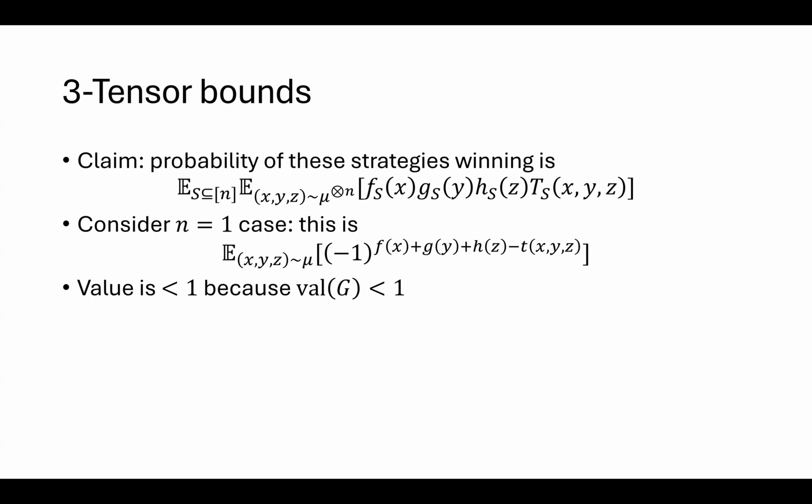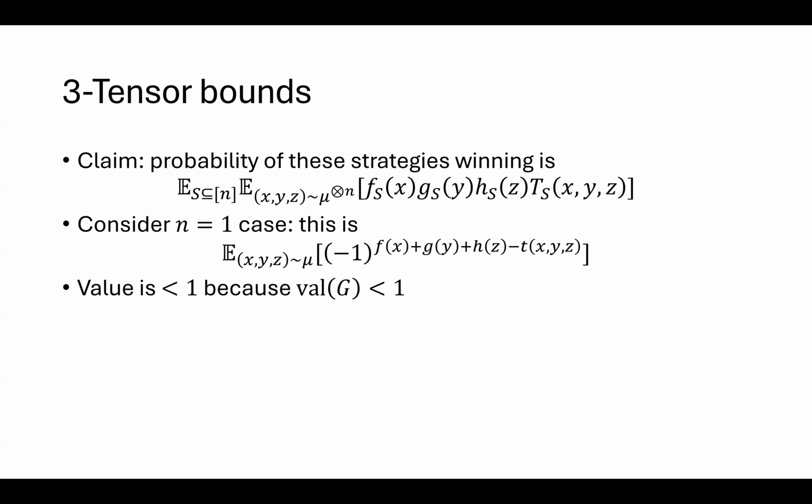Okay. Let's try to interpret this expression now and see why it seems like a useful thing to have looked at. Let's consider the n equals 1 case. This is the expectation over (x, y, z) in mu of -1 to the f(x) plus g(y) plus h(z) minus t(x,y,z). I claim that the value of this is strictly less than 1. Why is this true? Well,